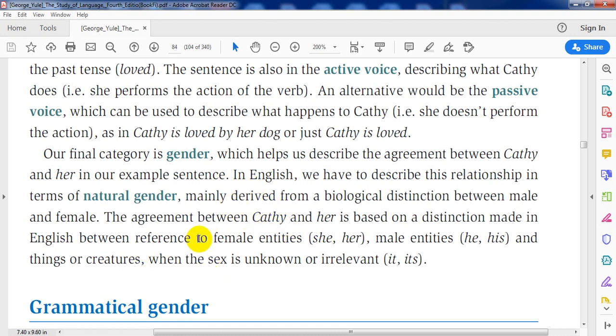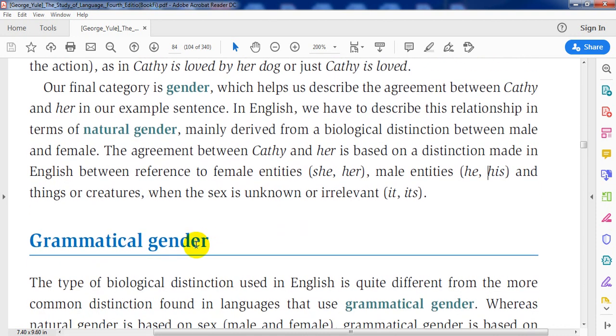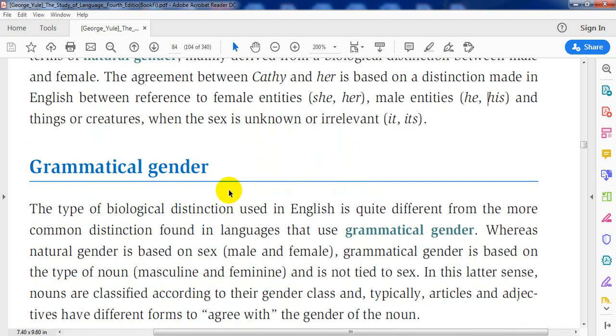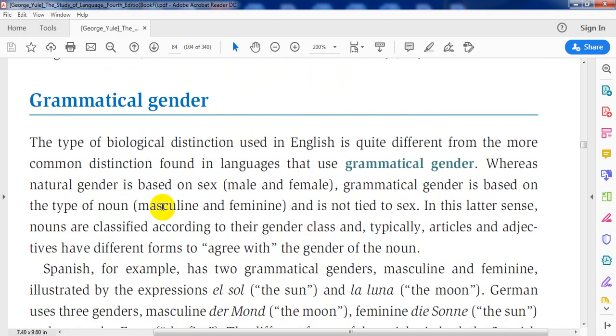Okay, we'll come next to grammatical gender. It's different from male and female. Grammatical description uses masculine and feminine. And I'll give you here